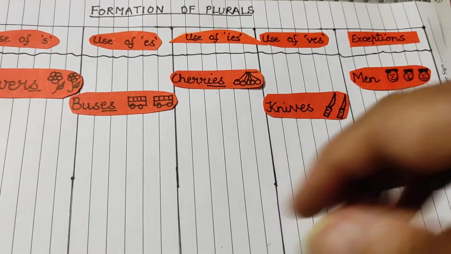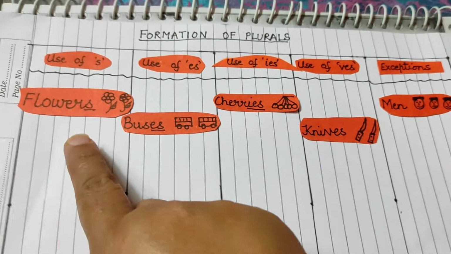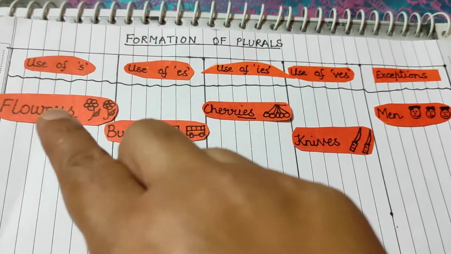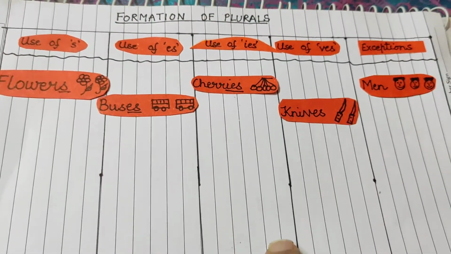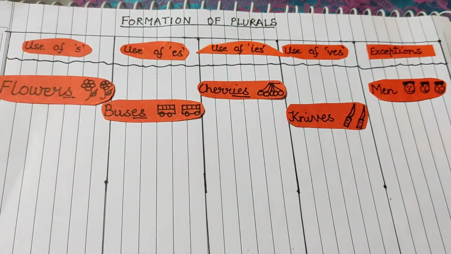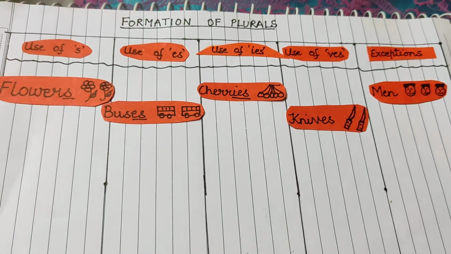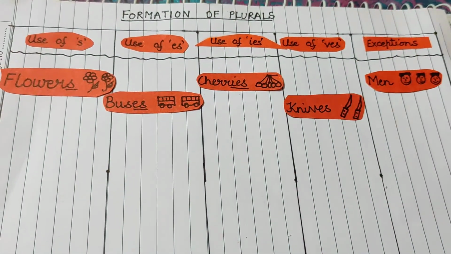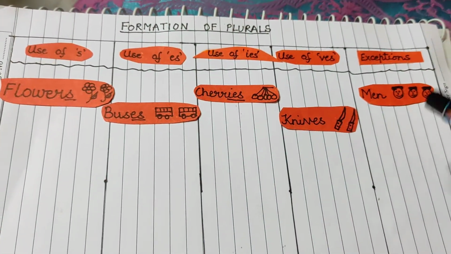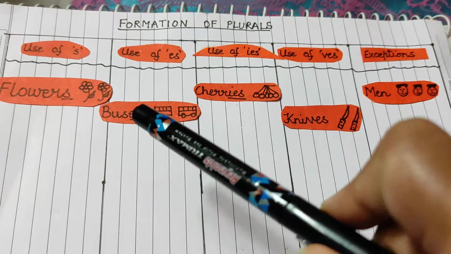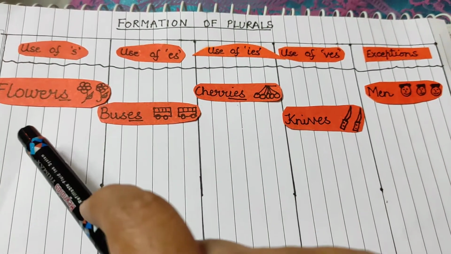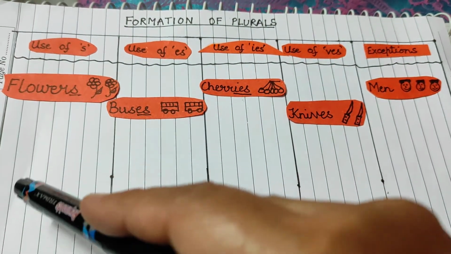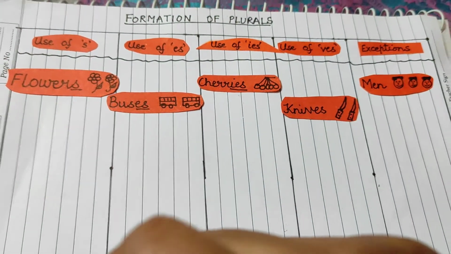So these are the 5 categories under which I have put up a strip of one example each, and you can see I have drawn a small picture also just to make it clear and just to make it a little bit interesting for you. So what you are going to do in this activity, in the same manner, you will be using one A4 size sheet. You will divide your page into 5 columns, and as I have written one example of each category, you will be pasting the strips of 5 different things.